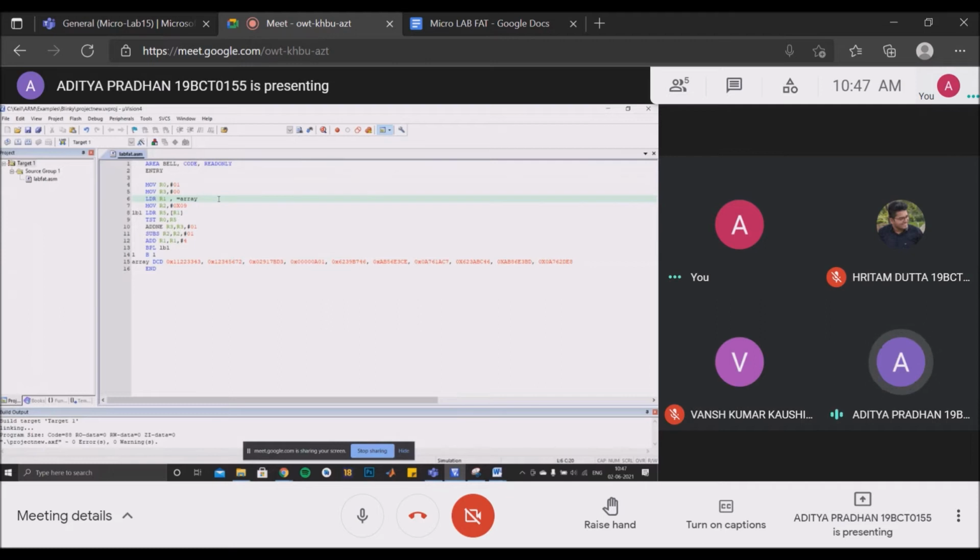This instruction is used to store the location of the first element of the array, and this is further incremented by the value of 4 every time to move to the next element of the array. As the size of each array element is 4 units, it is incremented by the value 4.